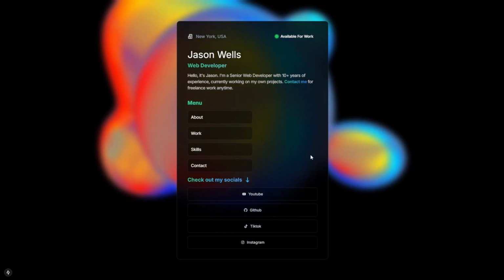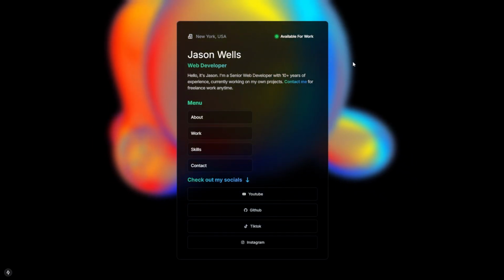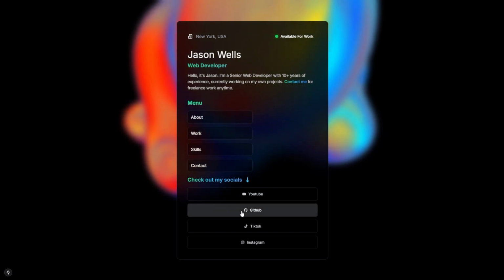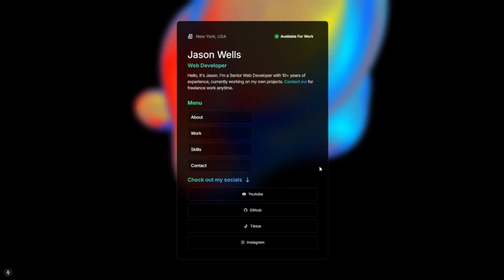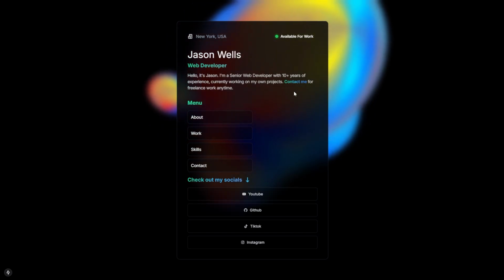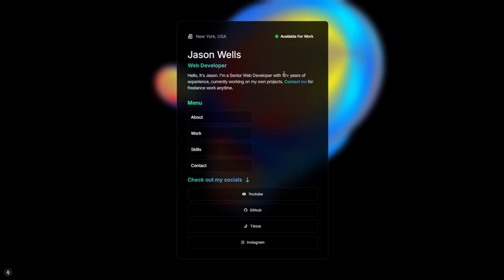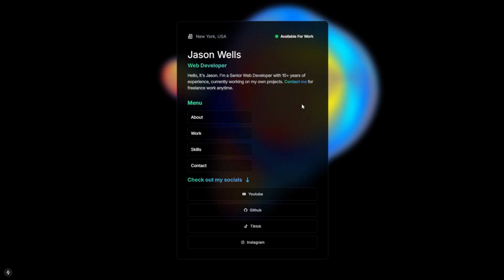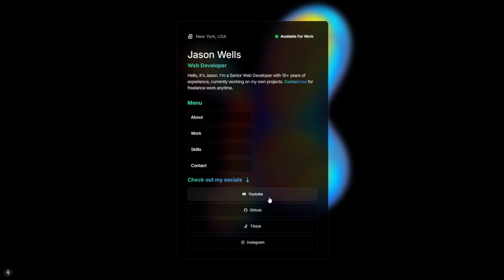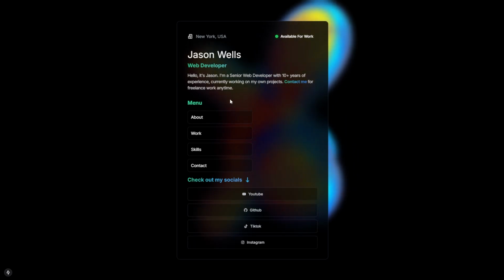In this video, we are going to build this minimal but absolutely stunning portfolio website using Next.js and Tailwind. Right here on the main page, we have got this cool looking 3D animation video playing in the background, and thanks to the glass morphism effect on the card, you can actually see through, which looks super cool. We have also got some basic info and social media links, and we can use this menu over here to